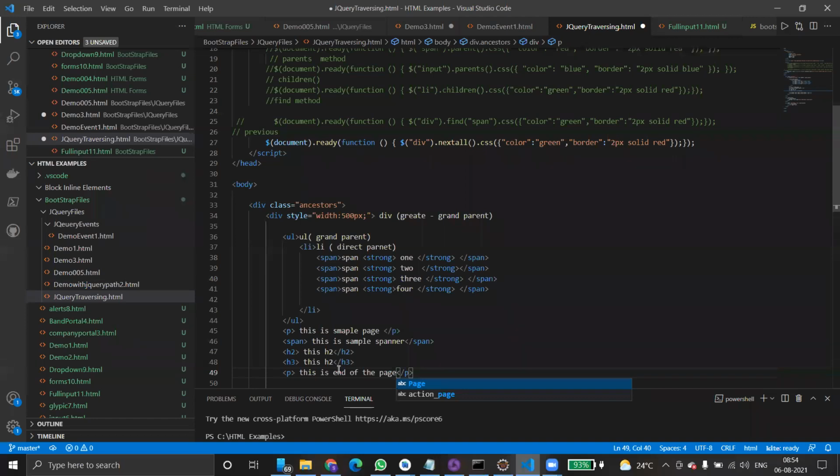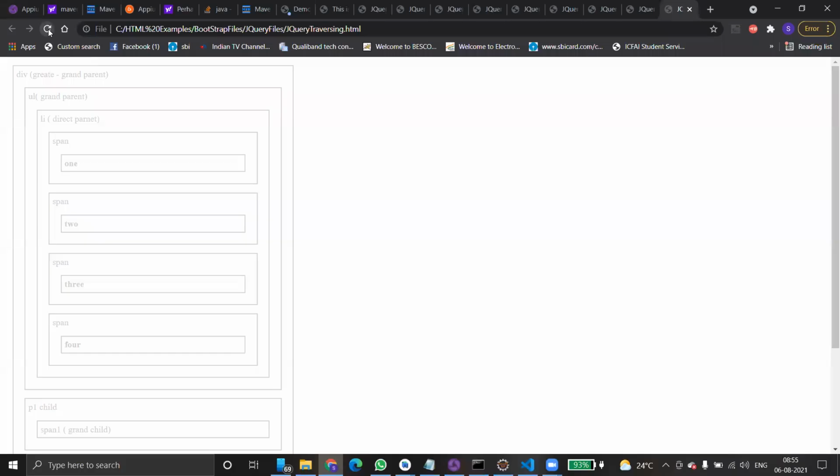Done. Division closed. Everything is done. Control S. So now go to our jQuery script. H2. Instead of division, this time what we are going to do is H2.nextAll.css. Control S. Now tell me what will happen.